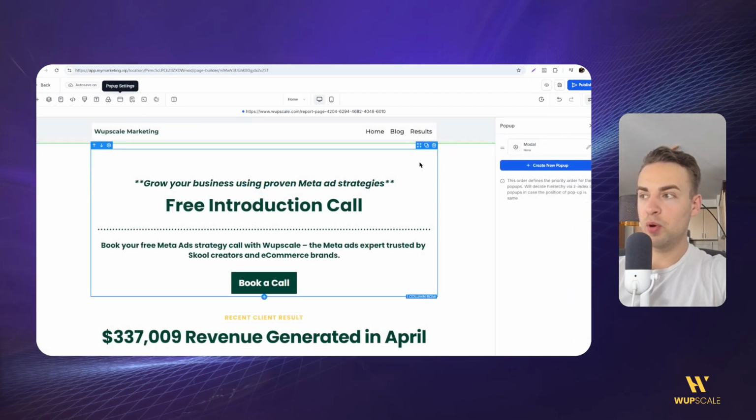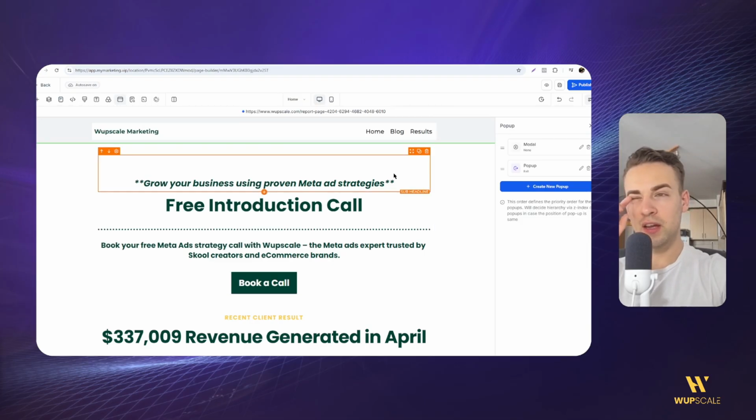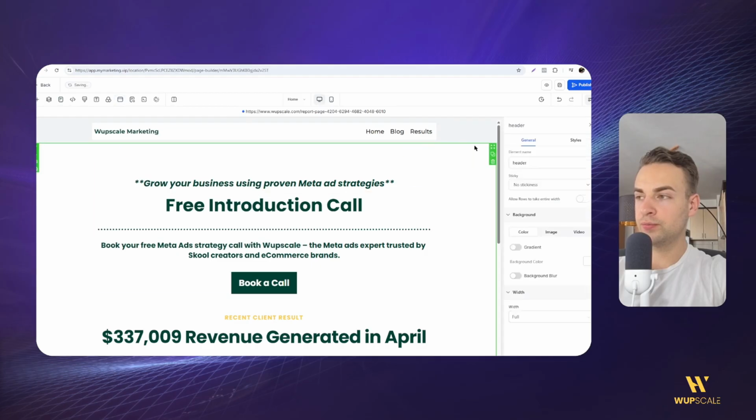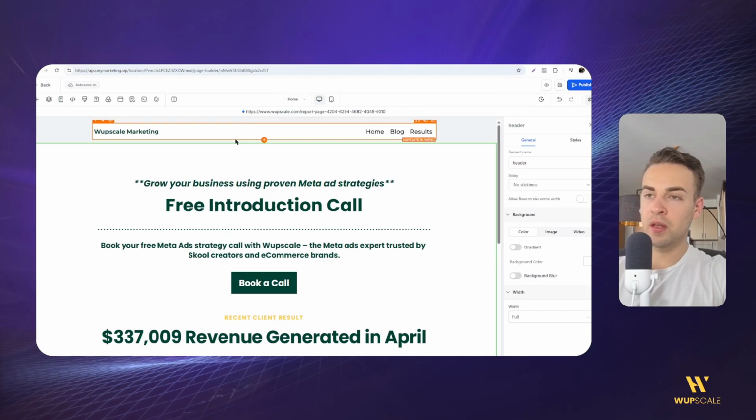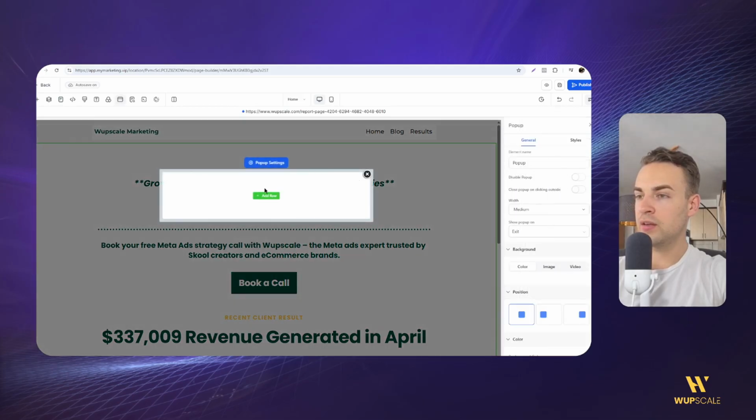Now you can go to the pop-up settings and then create a new pop-up. And this new pop-up is going to be an exit pop-up. So once they are on desktop, HighLevel actually knows where your mouse is, like where you are going currently, in the header or going to click a button. But if you are going to exit the page, once you exit, it's gonna know it has to work with the exit pop-up. So the exit pop-up is going to pop up,